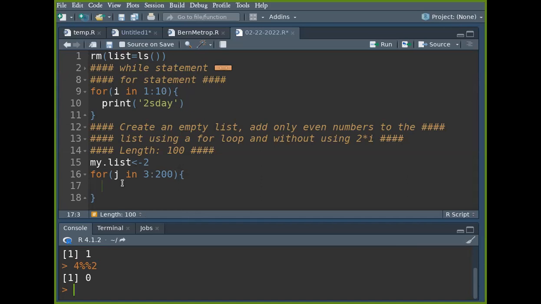So if j mod 2 equals what value? 0, because I want it to be an even number. If that is the case,